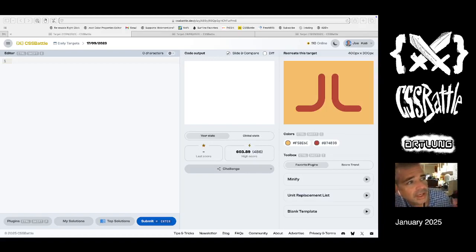Hello folks, time again to do a retro CSS battle. These are daily challenges, the daily targets they call them on CSSBattle.dev. These are from September of 2023. Here's the 17th,